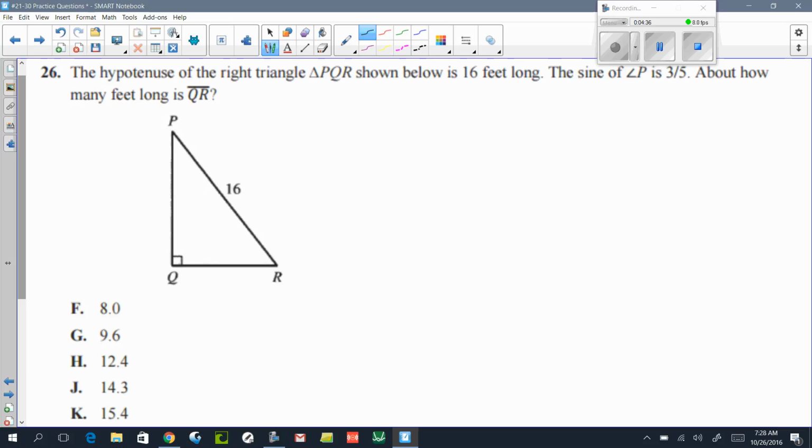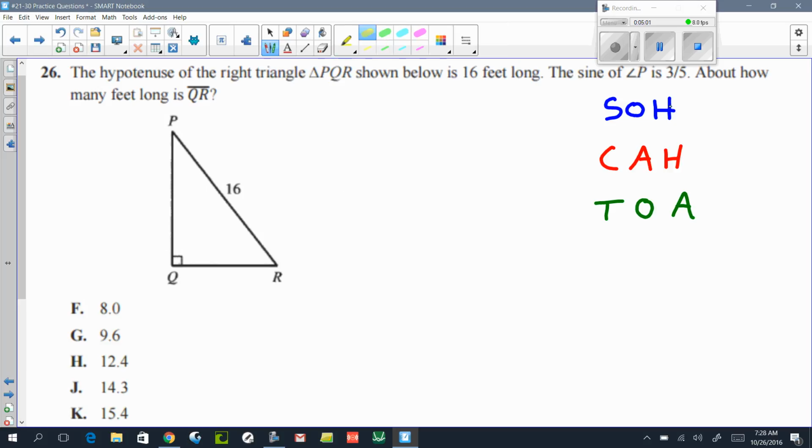The first thing I want to do is review these trig functions. It's the old acronym SOH CAH TOA for sine, cosine, and tangent. O represents opposite, H represents hypotenuse. Remember, the opposite and the adjacent sides can vary depending on what angle you're working with. The hypotenuse